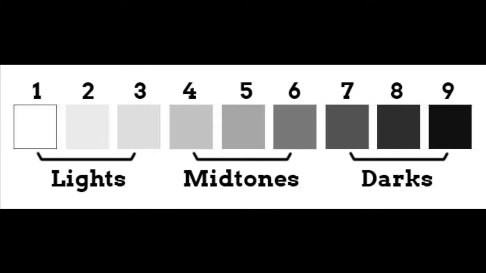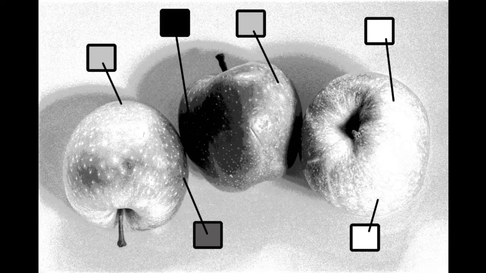And when I say the term darks, I'm referring to the darkest values, values 7 to 9. In the beginning of this process, we're basically simplifying all of the different values that we see into just 3 values: lights, midtones, and darks. And just by developing those 3 values in appropriate areas, you will be able to create a sense of depth